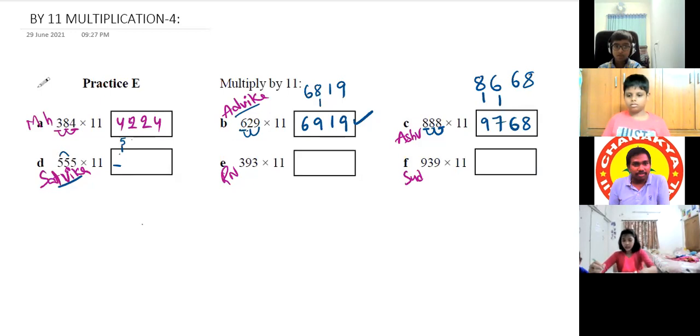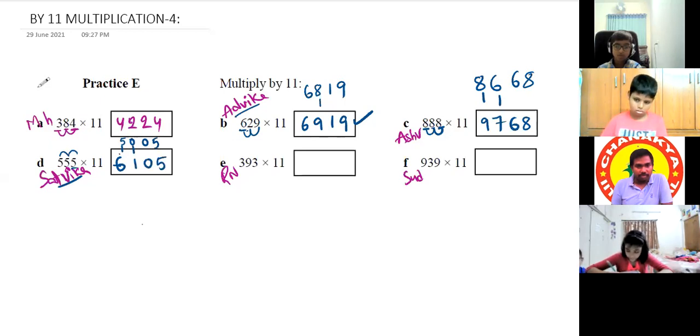Okay, right. 1 here, 0 here, 10. Sir, again, 5 plus 5 is 10. Okay. And again, we'll put 1 carryover. And the n number is 5. We'll put 5 as it is. At the end, 5. Okay. Then the final answer. Sir, 5 plus 1 is 6, and 0 plus 1 is 1. And 0, 5 as it is. Okay, very good. Correct. Then Ritvik.